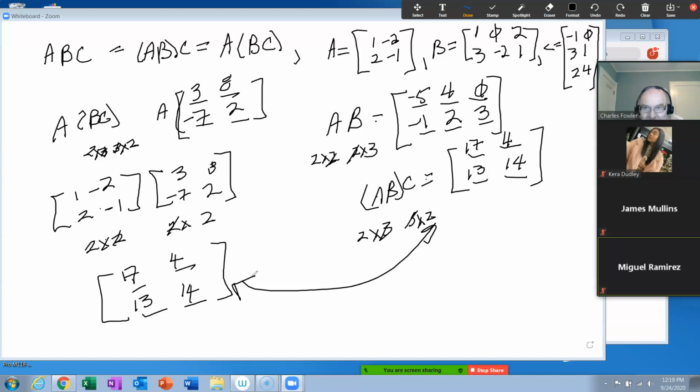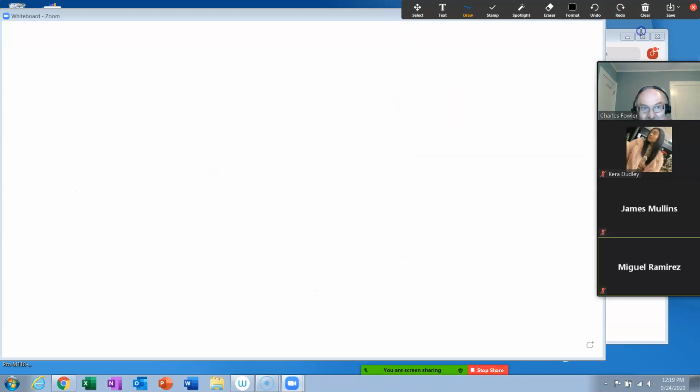Now, here is one of the things I stated before. You have to remember it's not true. Many of these things look reminiscent of whole numbers, like associative property of multiplication, distributive properties, those kind of things. But remember I said commutative property does not work with matrix multiplication. And this example is indicating this. It seems like we've had this before, but maybe not. Let's do it now. What we want to do is look at matrix A here,